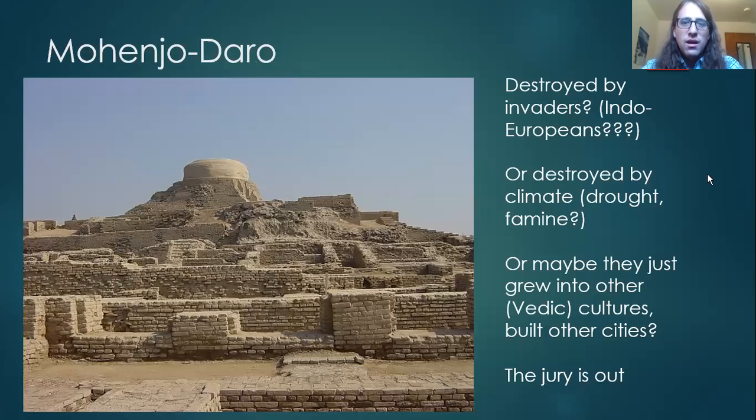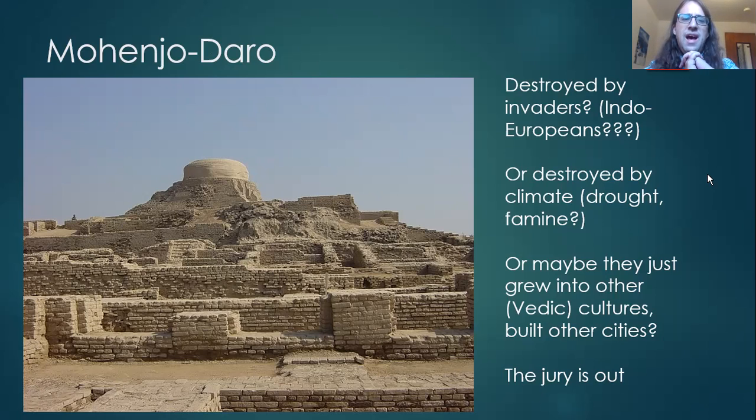Originally, back in the day, people used to think that it was destroyed by invaders. And this is part of a really big debate as to whether this culture is connected to a later Indian culture, or is it its own thing that got taken over by later Indian culture. But people used to think that it was destroyed by invaders, because we do know that there are people who migrated into this region. But nowadays, people think it's more likely that they were destroyed by some kind of drought